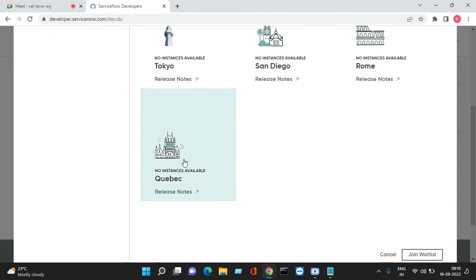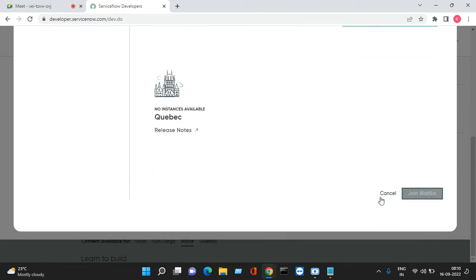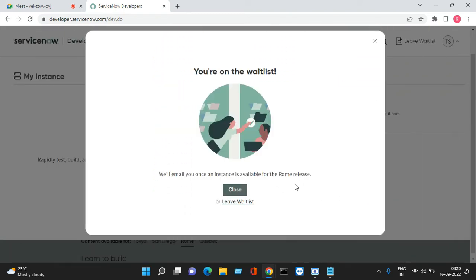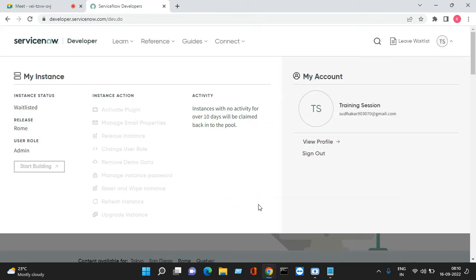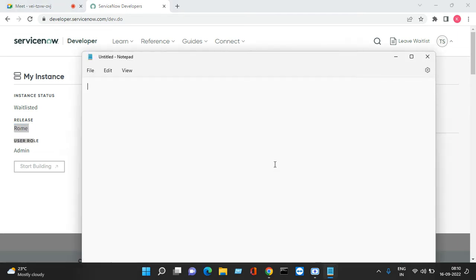Okay. So it seems it doesn't have... I'm just clicking on the Rome version and clicking on join waitlist. So why is it showing as Rome? Here in ServiceNow, a lot of versions are available. So what is a version? A version is nothing but,